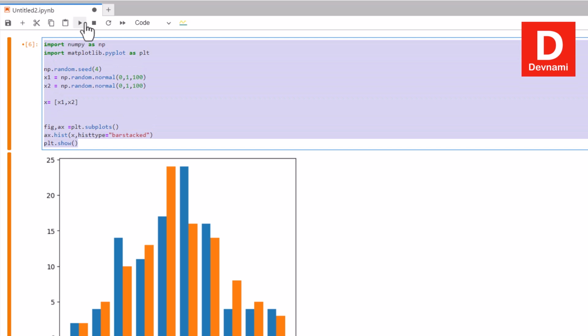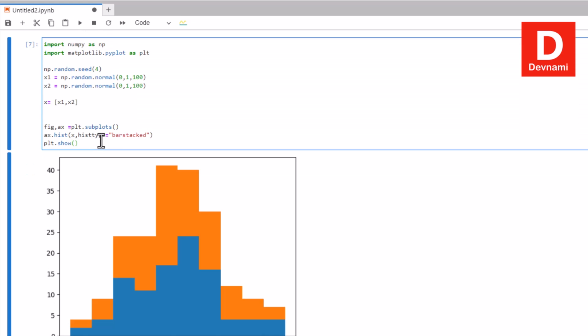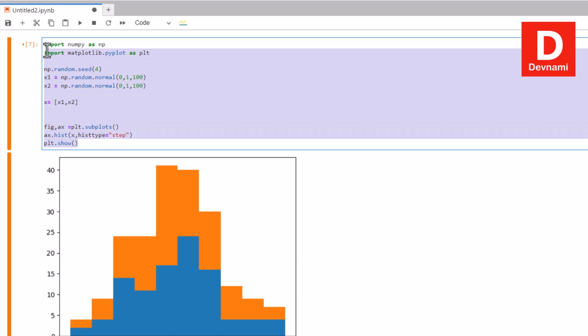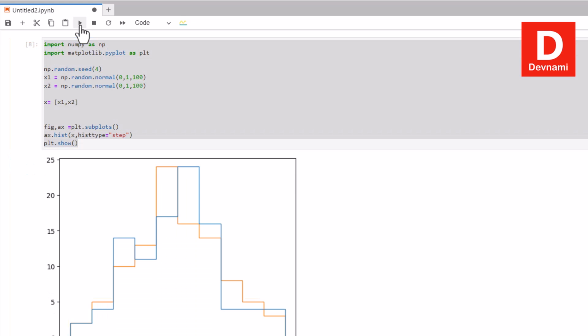Select all, run, and you have a histogram of type bar stacked. Then you select this, add step, and if you select the entire paragraph and run, you will have your step histogram,